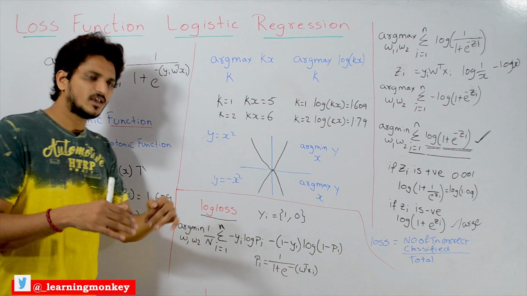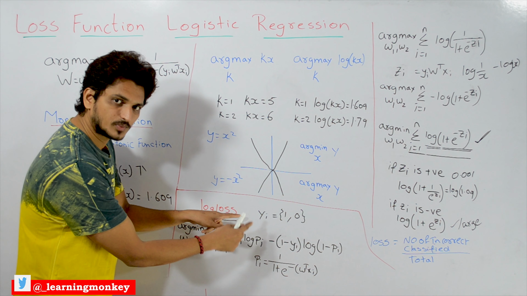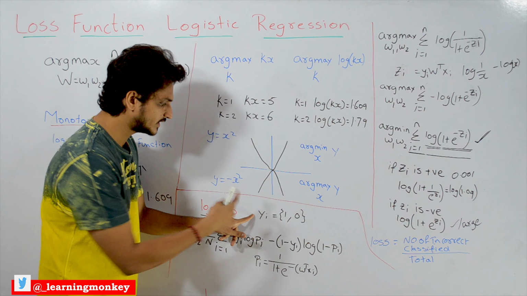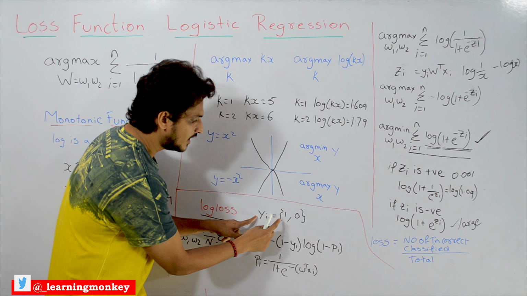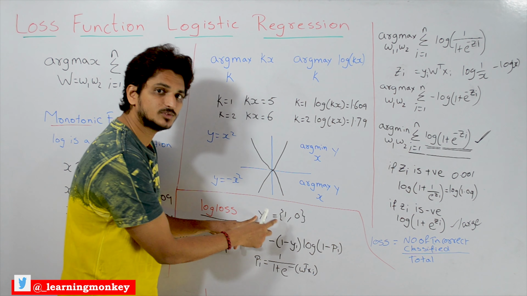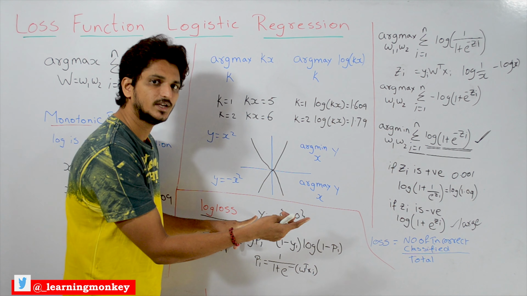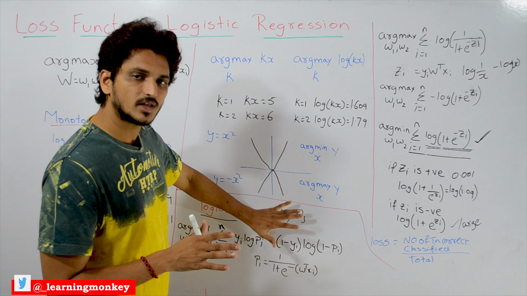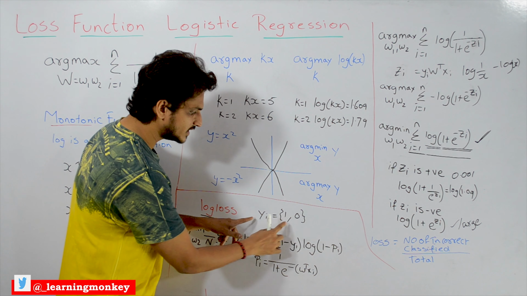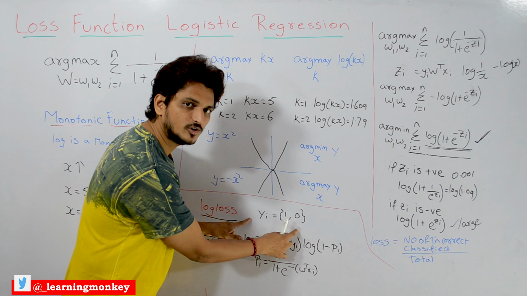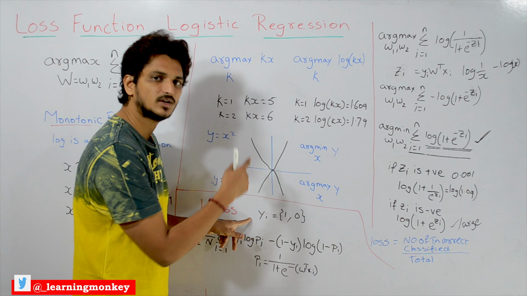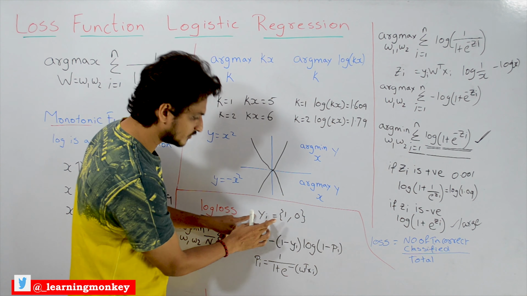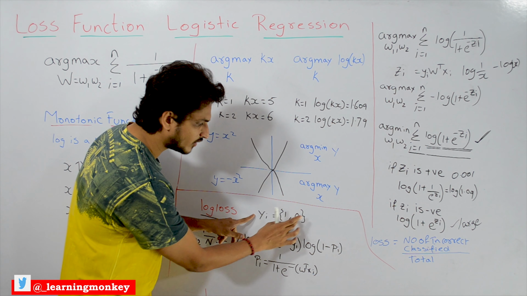The same way, if we go with the probabilistic approach, in the geometric approach we take this consideration: yi is plus 1 or minus 1. Plus 1 means a positive classified point, minus 1 means a negative classified point. But in the probabilistic approach we don't consider that assumption. Our assumption is yi is 1 means a positive point, 0 means a negative point. This is the usual consideration in all binary class classifications. We'll take yi equal to 1 or 0.